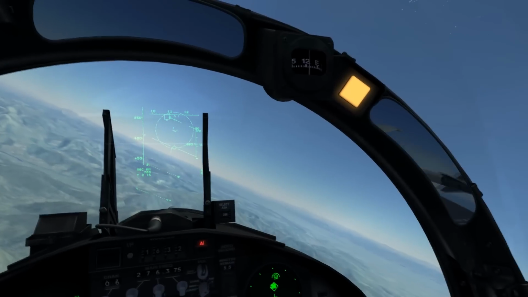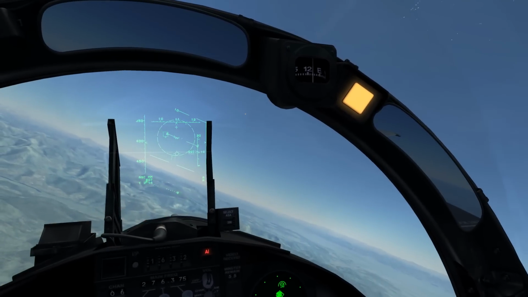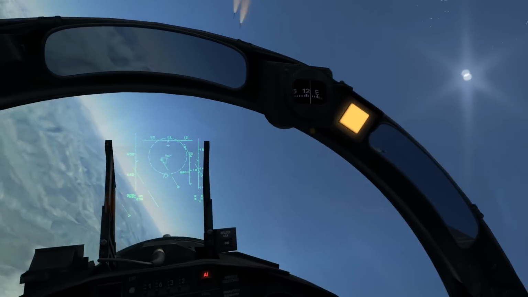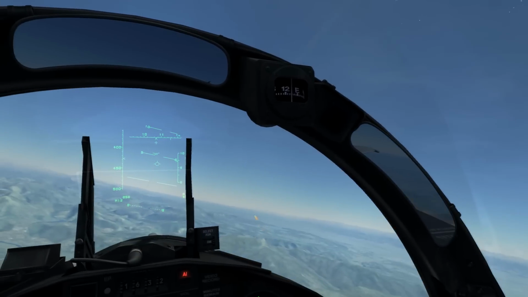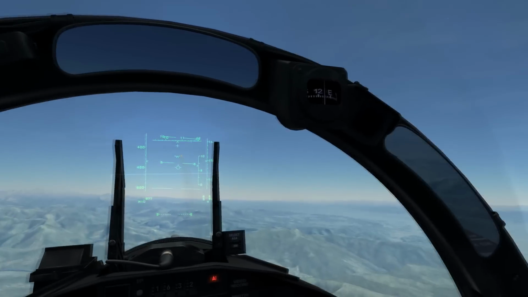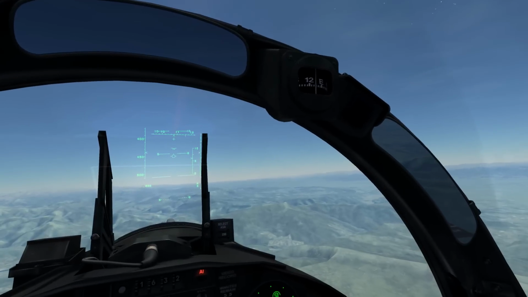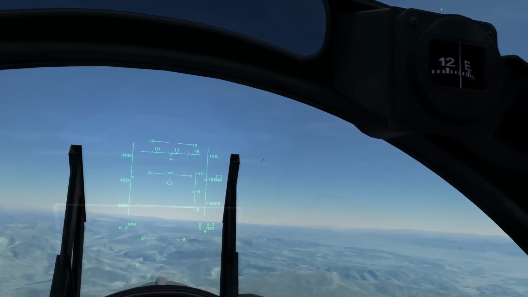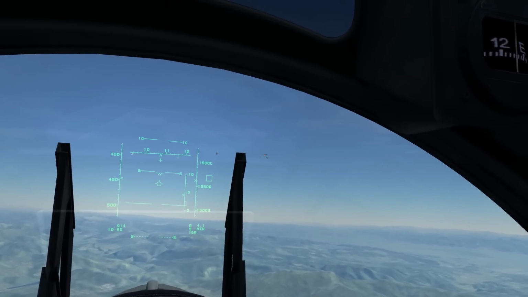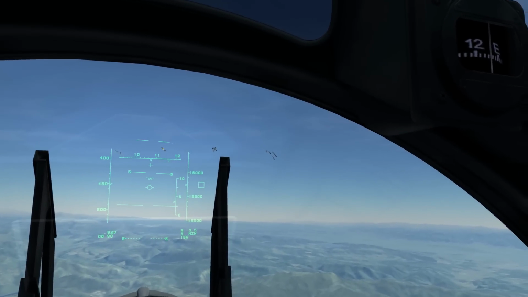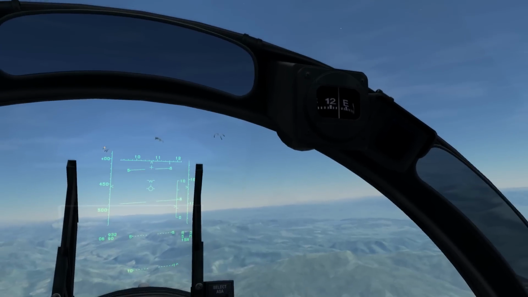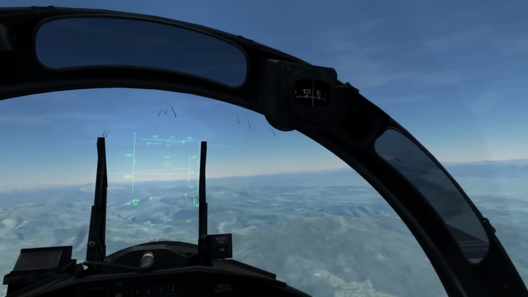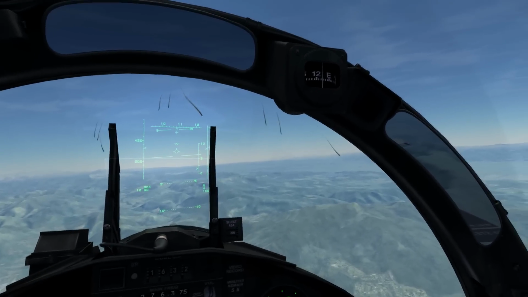So you can just fire them, 3, 4, and then it cycles back to the first one you locked, so you can truly spam the AMRAAMs. So I just launched eight missiles at 4 targets within the span of what, like 5 seconds? 1, 2, 3, 4 hits. Pretty nice. It didn't work that well when I did my BVR tutorial. All right, so that's the general